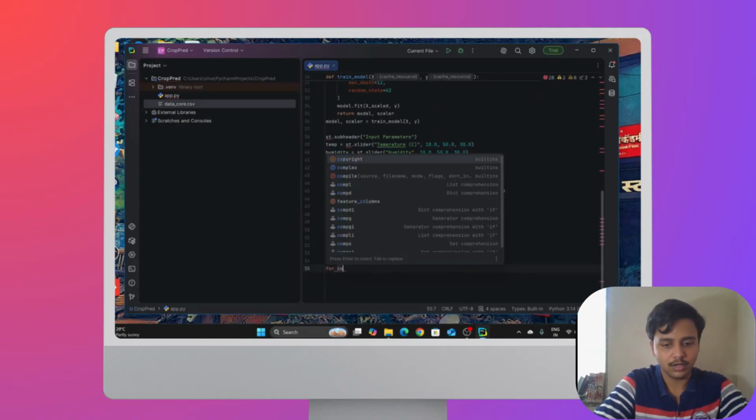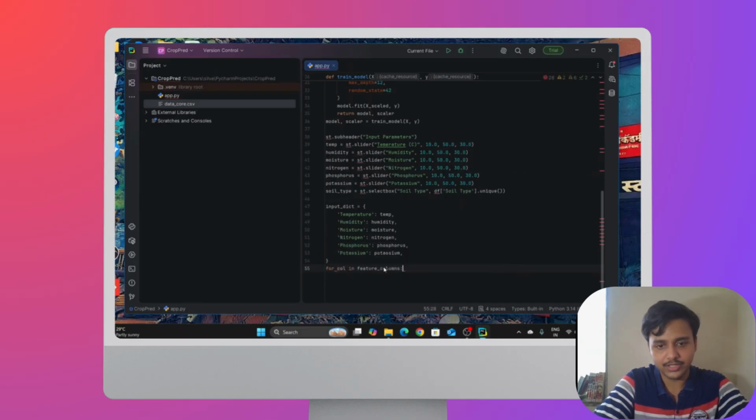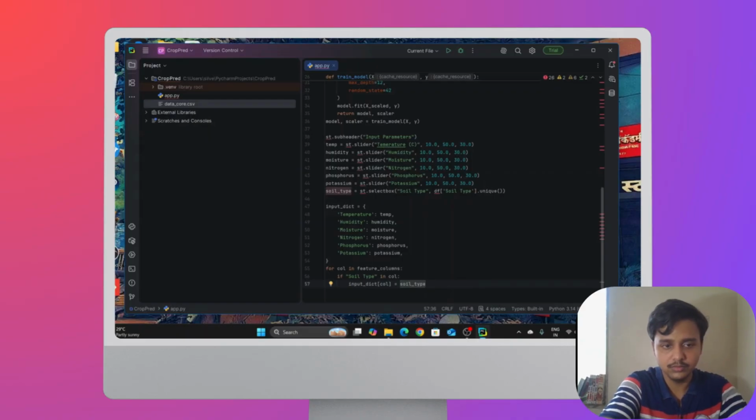for column in feature_columns, if soil type is in columns, we are going to set the input dictionary column equal to 1, if column equals f of soil type.